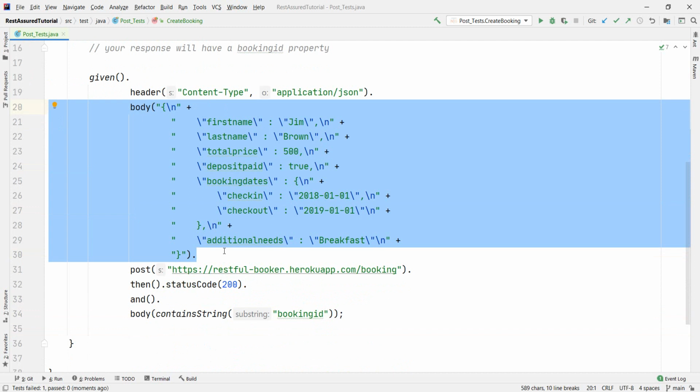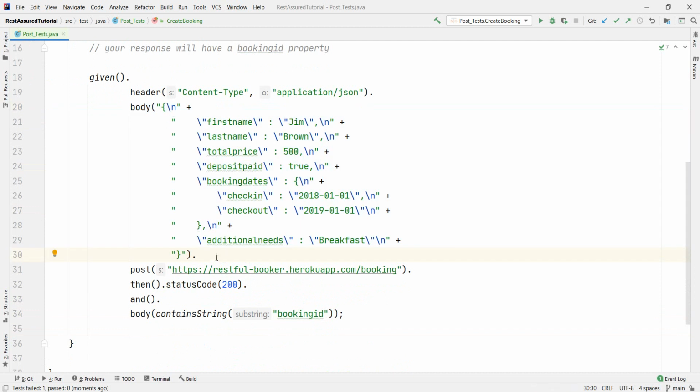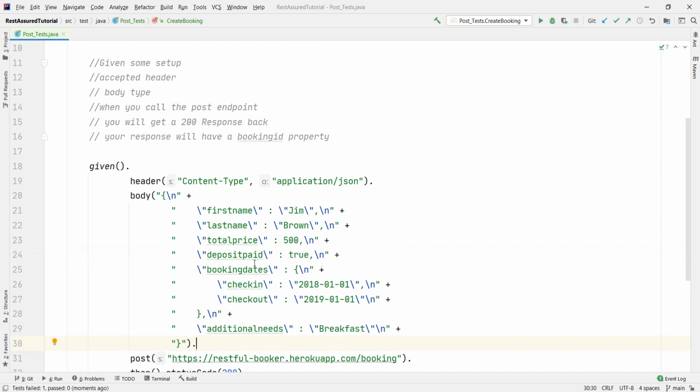I mean, it is basically hard coding elements, or hard coding the body, which would mean if we want to add different bookings, in this way, it's kind of hard to make sure that we're adding the correct information. In a future video, we will have a look at a different approach of how we can actually make this body